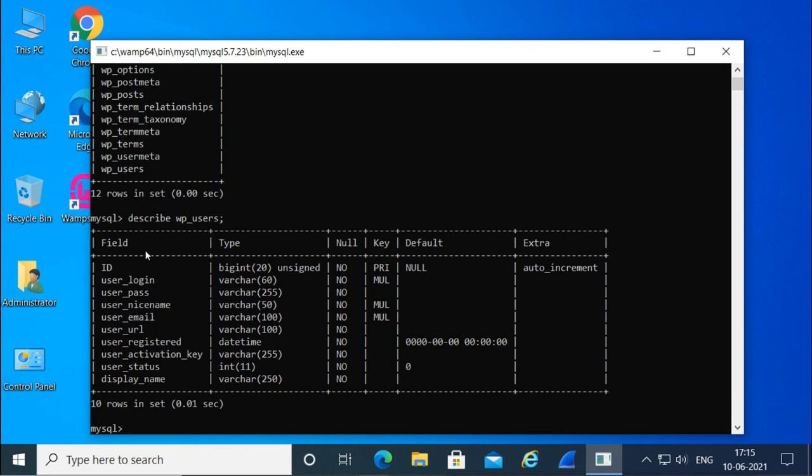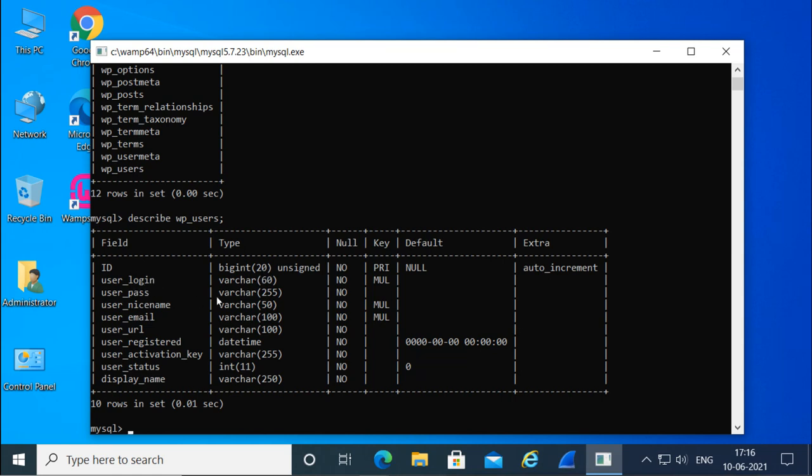And in all these fields, what values can we add? For example, for the user status, we can add an integer value, that means a numerical value, up to 11 digits. For user ID, we can add bigint up to 20, and that is also unsigned.